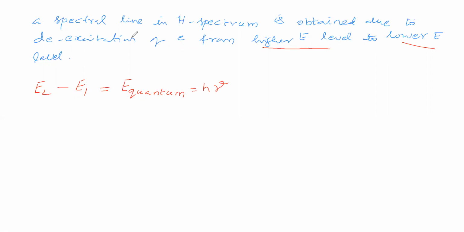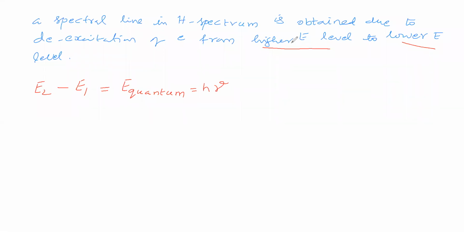We have considered one spectral line, in the singular, because it is easy for understanding. So now we are taking this hydrogen spectrum. In this hydrogen spectrum we are considering, for example, one spectral line. This spectral line is obtained because the electron is jumping from a higher energy level to a lower energy level. So the electron jumps from the higher energy level to the lower energy level, so that we get a spectral line. Okay, now we will take this higher energy level as E2.